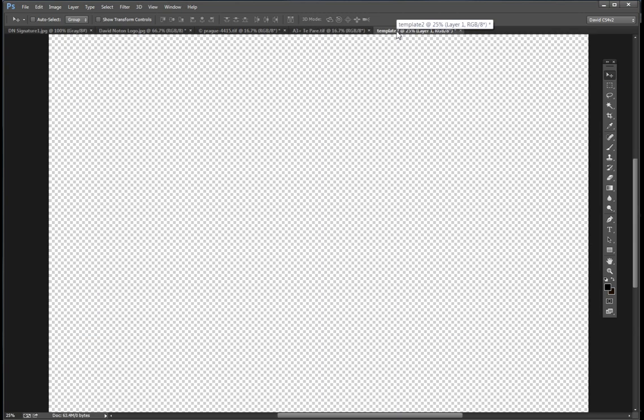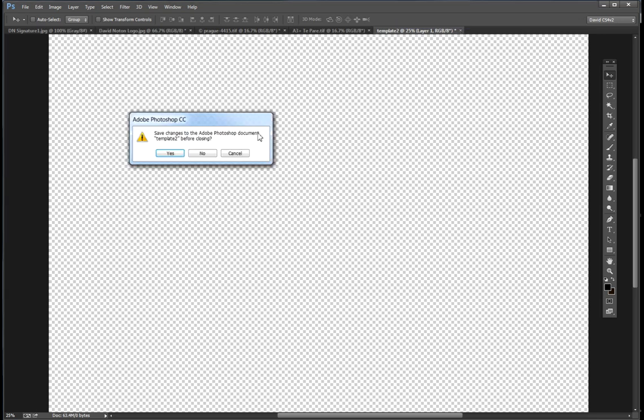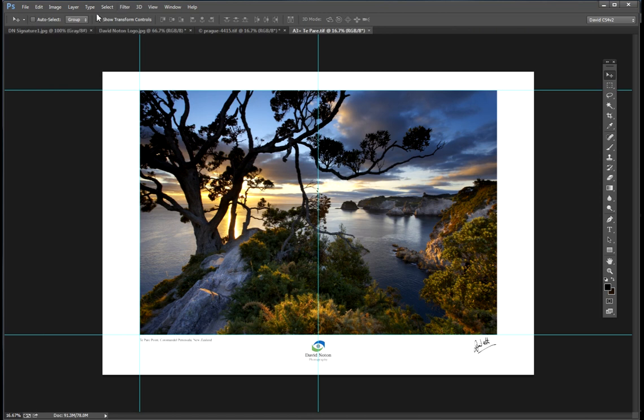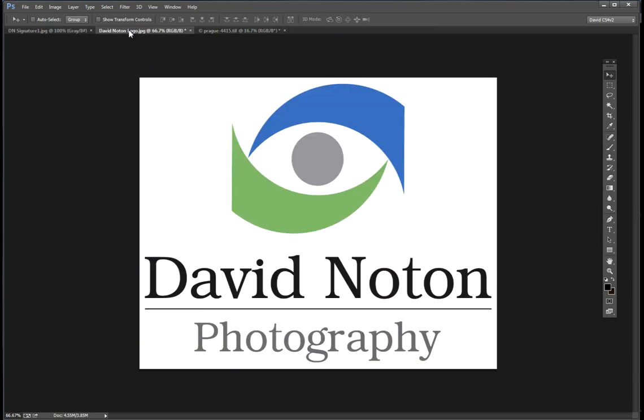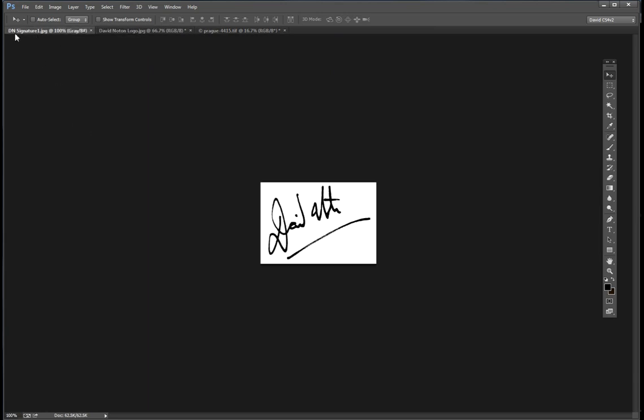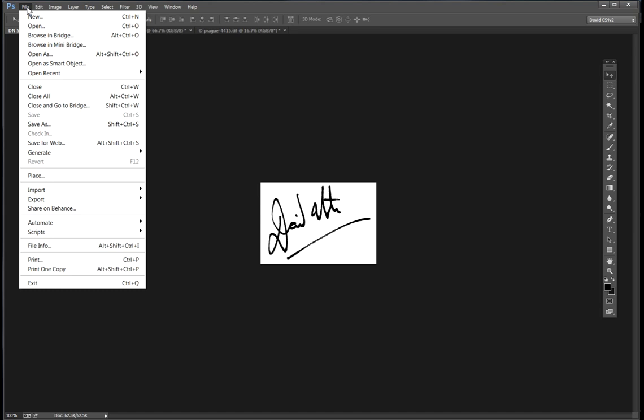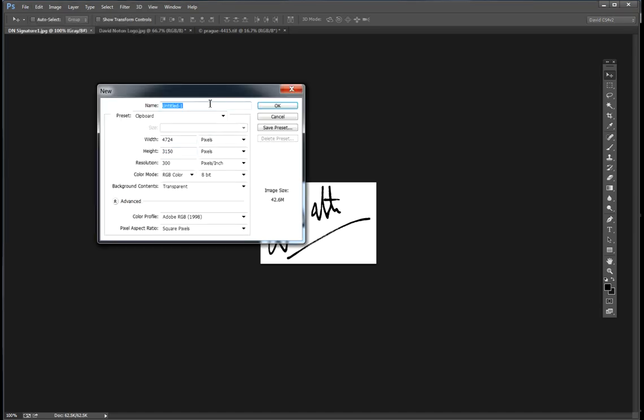So let's start by actually closing this down. That's a print template, and start from scratch. We'll close that one as well. I have the image, I have my logo, I have my signature. So we're going to need to create a new template. So if I go new and call this template 2,